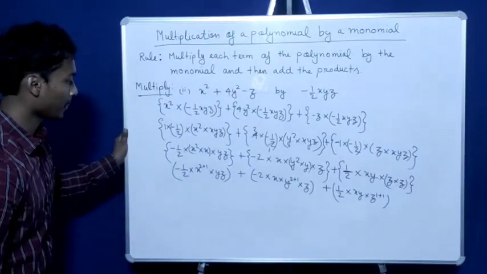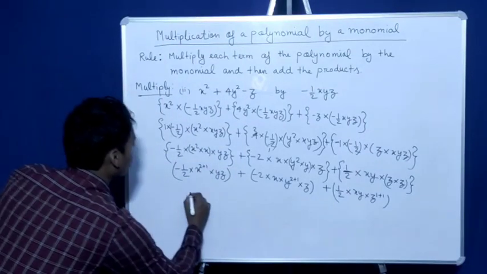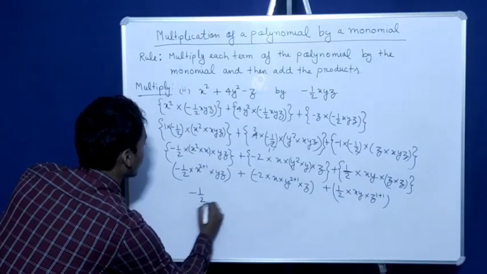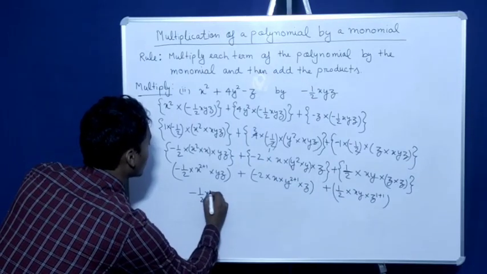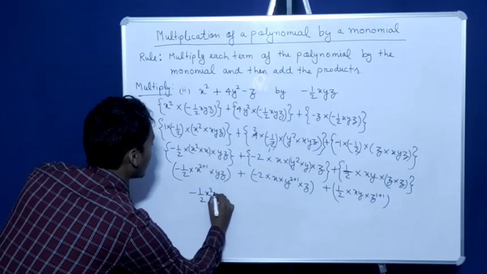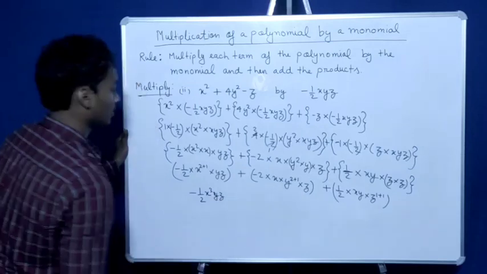So this is clear. Now you can simplify, so 1 by 2 x raised to the power 3 yz